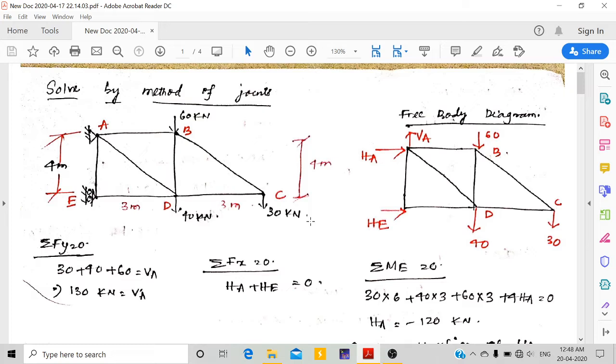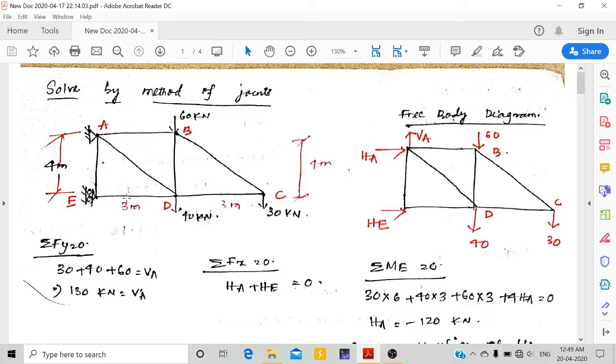So as you can see from the name only, you can think of what is method of joint and what is method of section. In the method of joint, we have to go to individual joint. We have to check that at that joint how many members are connected, and using our three equations of equilibrium, we are going to solve it, and we will find the magnitude and the nature of the force. However, in this procedure for the method of joint, at every joint I am assuming that all the members are in tension, but if I am getting a negative sign, then we will later consider it as a compression member.